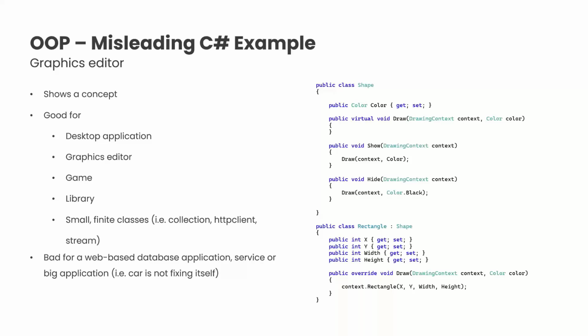And each shape has a state, like the position where it is, and it has a method that can draw itself on the screen. So this looks like a perfect example for OOP, for this type of application. And it's good for a desktop application, because you start the app and it works all the time until you close it